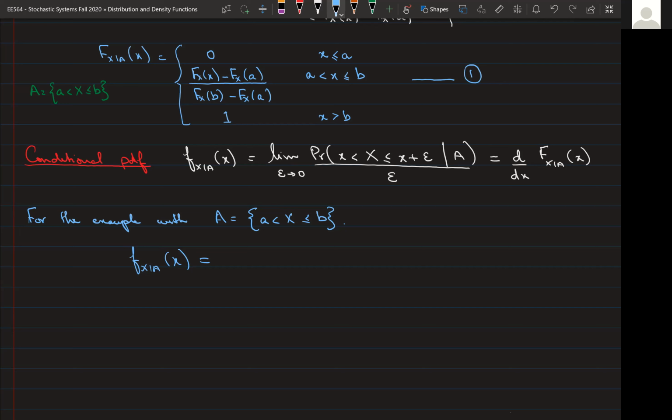The first one is gonna be, I mean, for x less than a, it's gonna be 0, and for x greater than b, it's again gonna be 0. Got it. And for the interval, we're basically gonna have a small f. Instead of all the capital F's, we'll have small f's on each. Okay. So what you're saying is this should be fx of x minus fx of a divided by fx of b minus fx of a. Is that what you're saying? So I'm not exactly sure if this is going to be the case, or if we're going to derive the whole expression in terms of